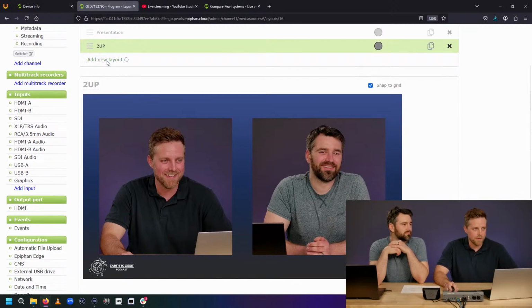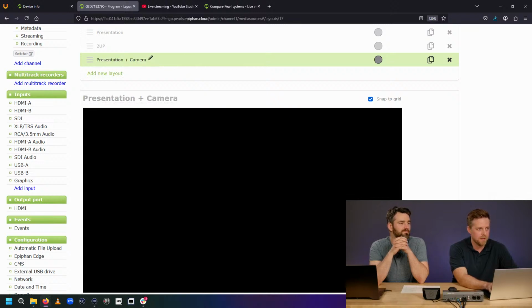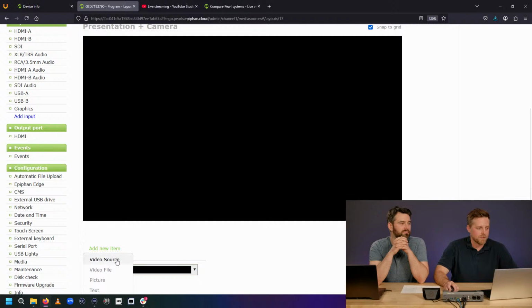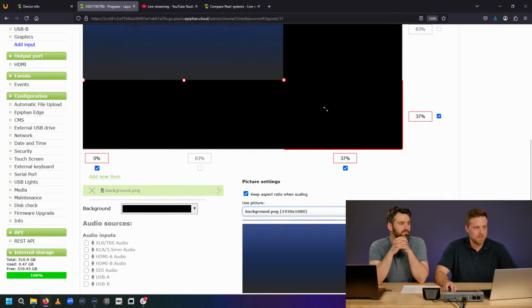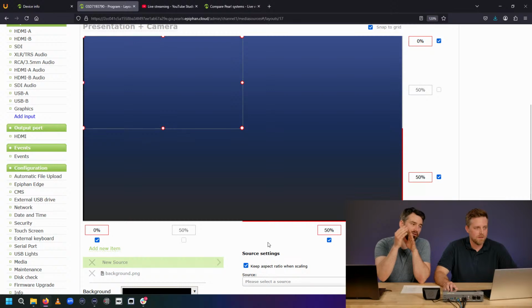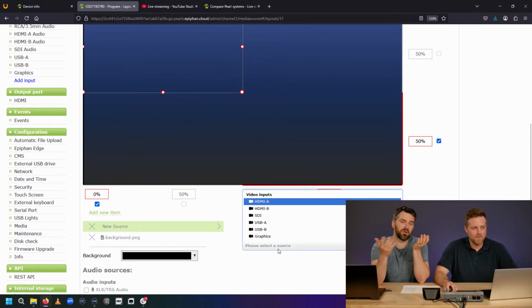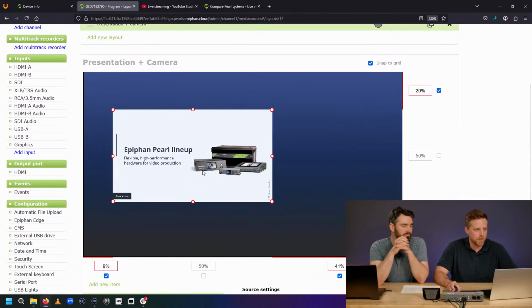Now let's make another layout because we want to have a few different layouts we can go through here. This one I want more of like showing my presentation. So we'll call this presentation plus camera. Again, I'm just going to add our background and we'll keep it nice and consistent. And if you really wanted to, you could have created a layout with a background, and you could have duplicated that layout a bunch of times. You wouldn't have to put the background in every time. So there's different ways that you can make this. There's a copy button here, right? Exactly. So you can just copy an existing layout and then modify it. Could be useful if you are creating a bunch of different layouts.